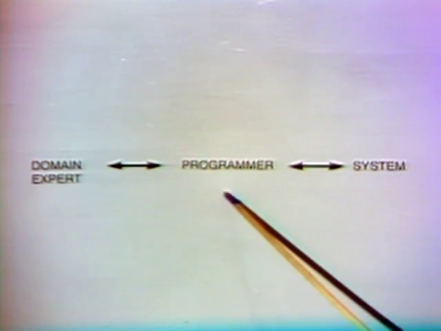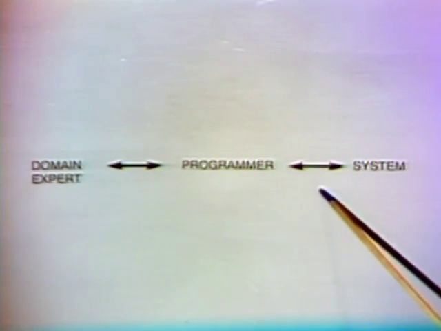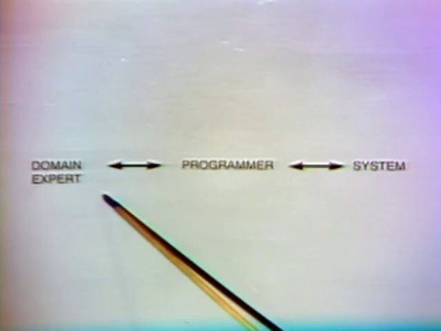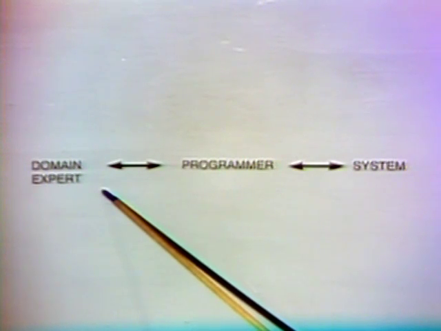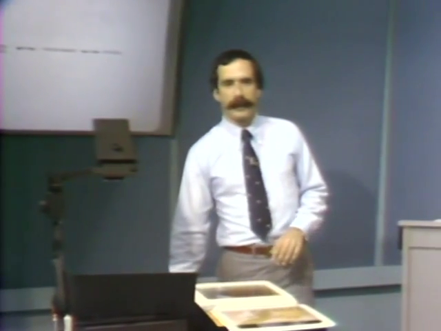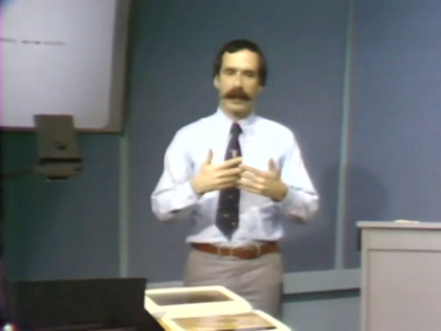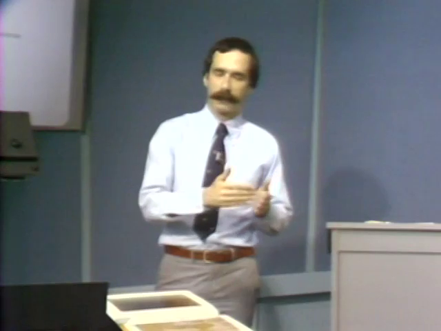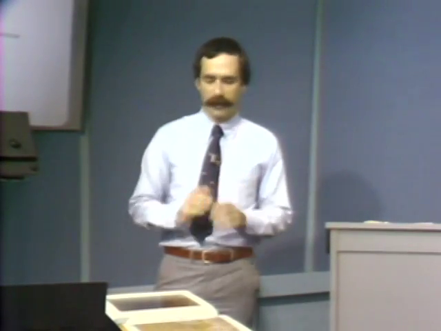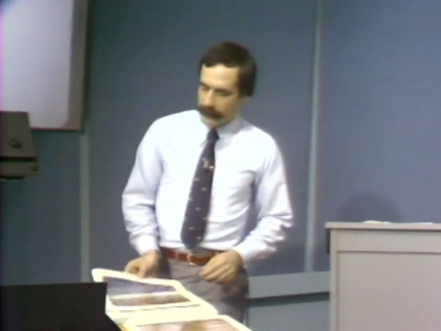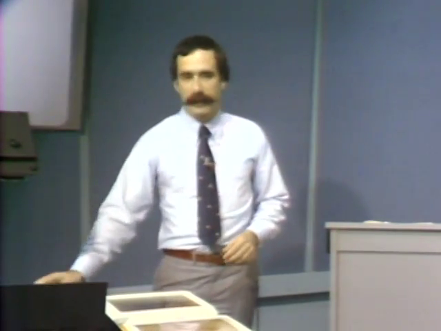So what we get is a kind of running back and forth operation here, which is tiresome for the guy in the middle and isn't even all that interesting or rewarding to the domain expert, because all he's seeing is intermittent behavior from the system. So the question is, can we do a little bit better than that? Can we establish a more direct kind of communication, a more direct link between the expert on the one hand and the performance program on the other, so that the two of them can communicate somewhat more directly? Now that sort of more direct link is illustrated in this next slide here.